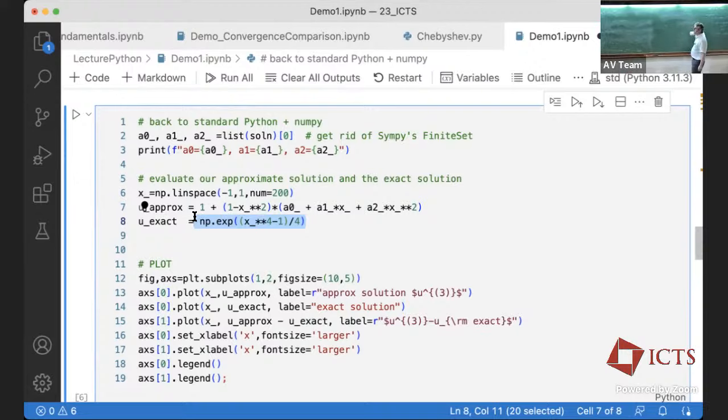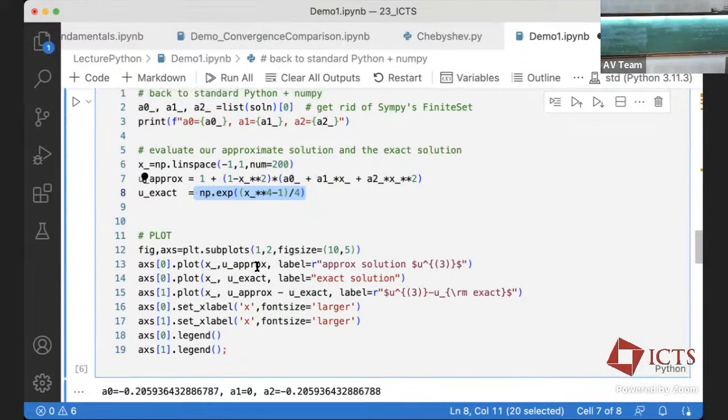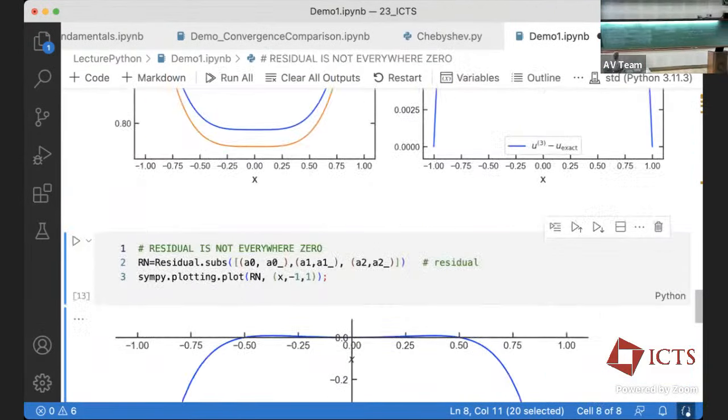You first pick your solution, and then you differentiate and put it here, the u double prime, and whatever you get when you're differentiating the second solution, you're putting here to make the equation work out. But that's not here and not there. This is just an example anywhere. But as it happens, we know the exact solution. And then let's plot these stuff.